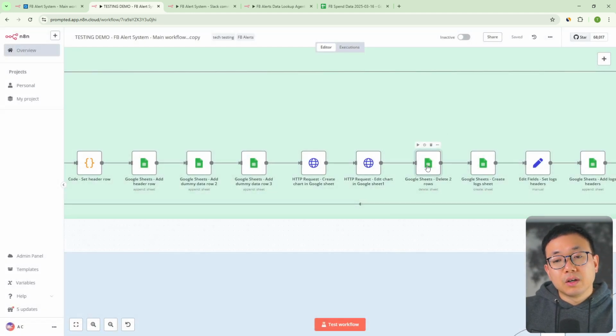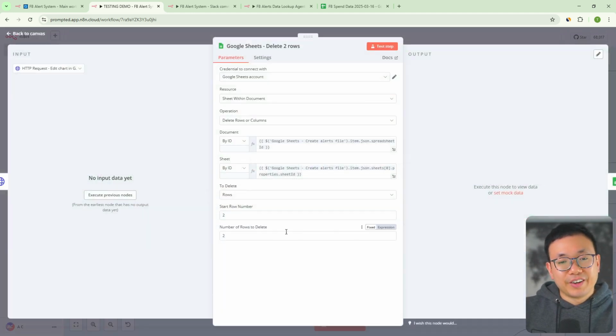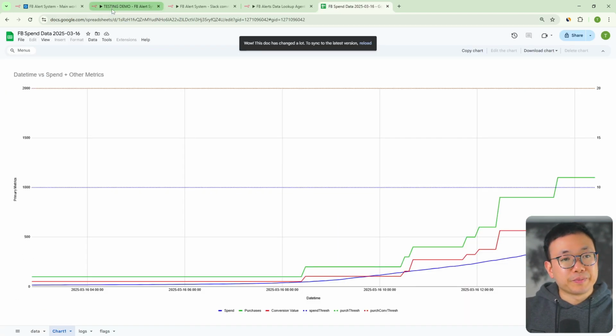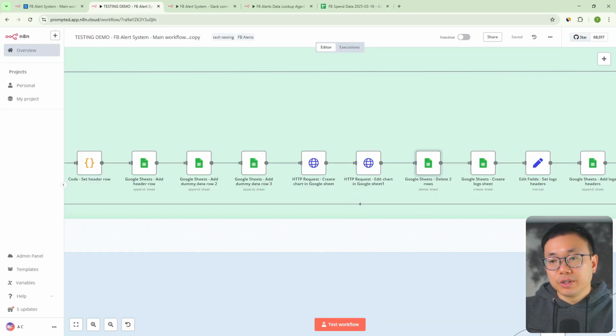And then we delete those 2 rows that we created. So those starting on row 2, we just delete those 2 rows again. And that way it actually formats the chart properly. Okay, so next,